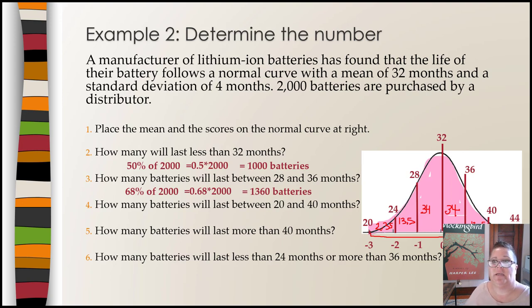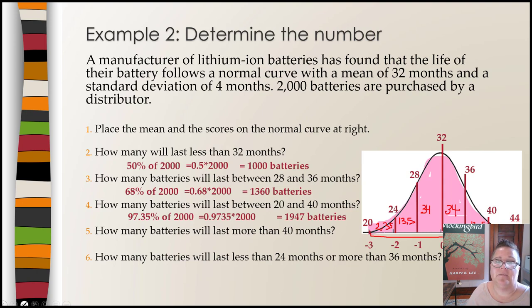That's one way to do this. If I add all of those together, we will get 97.35, or 97.35% is how much data is there. And since we have 2,000 batteries, we're going to have 97.35% of 2,000, which is